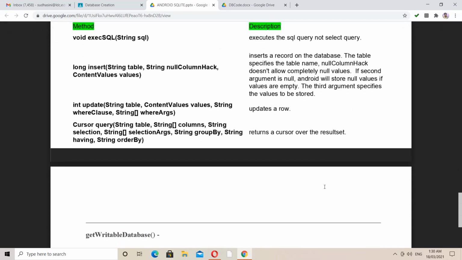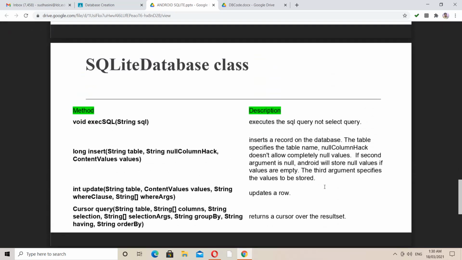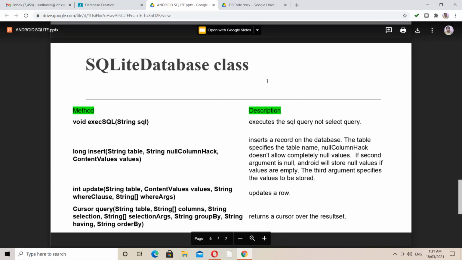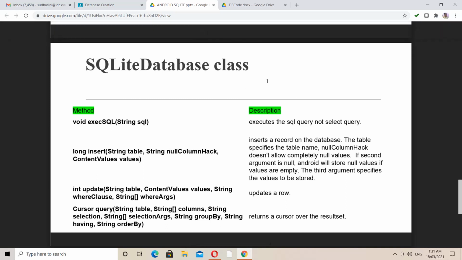In this, I have just mentioned the concept of the SQLite database. I hope you have some idea about what the SQLite database is and the different kinds of classes we use, especially for the overall process of creating the database and upgrading tables. And one more thing is directly interacting with your database, like insertion, deletion, and updation. I hope you have some overall awareness about this SQLite database. Thank you.